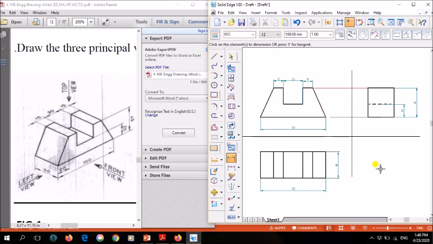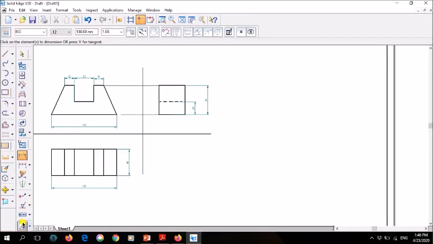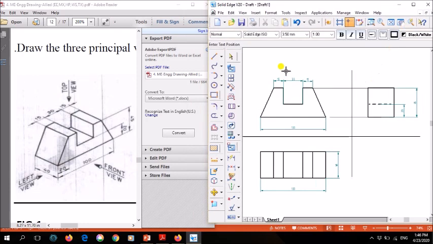So you have drawn these. Okay, so next what we will do is, finally you have to write on the views. Okay, so this is front view. So at the top you write front view using pencil. Okay, same way here, this is left view. So left view is drawn on the right side. Same way, this is your top view. Clear? So like this you have to complete the drawing.